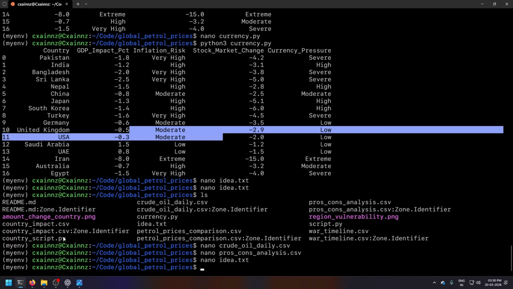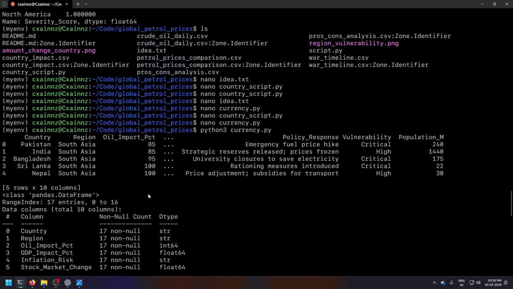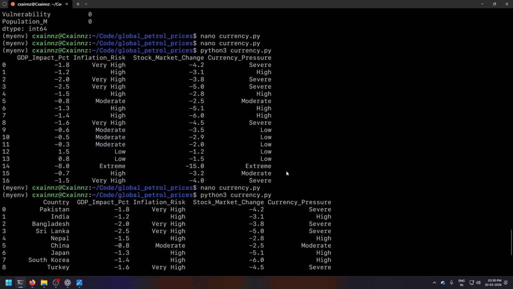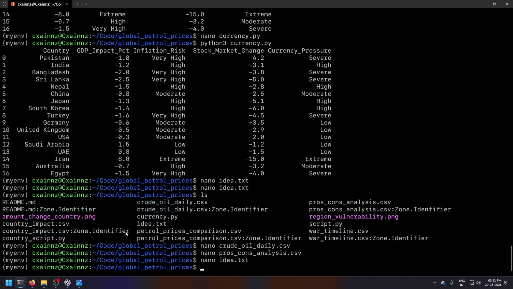Simple as that. So now, if I say the most energy-type thing, having seen the country part, like the policy response, I think this is the most vulnerable thing that I can say, because other than that column, a country impact CSV file, the petrol comparison is not at all in this picture.